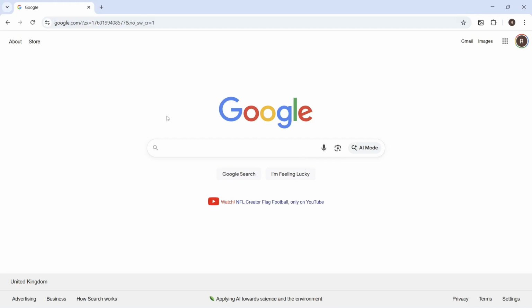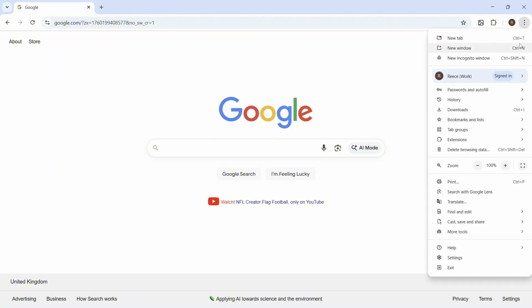In this video, I'm going to show you how to remove your payment information from Google Chrome. So if you have a saved credit or debit card on the Chrome browser, and every time you go to pay for something, it's using this autofill data, I'm going to show you how we can remove that completely. So all you need to do is click on the three vertical dots in the top right hand